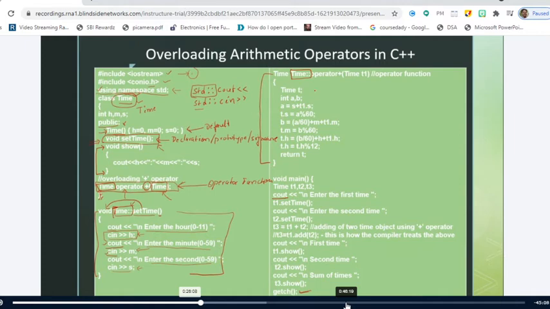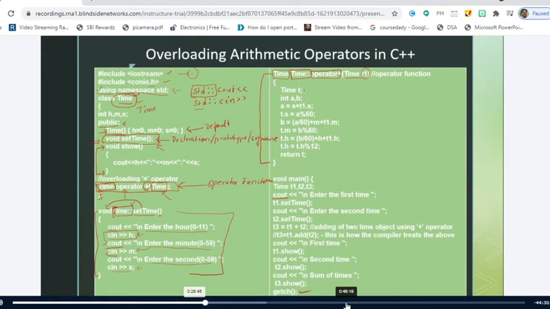Right. So this is the name of the function, which is nothing but operator plus, and this is the argument which it is accepting. So for this, since we are defining it, we have to give the variable also. We have to give the temporary variable. Right. And this is the return type of the operator function. Is it clear up to this point? Yes, sir. Right. So forget about what he is doing here. After completing our program, we will come back again to this program and then we'll try to explain it. Right. So this is how we define.